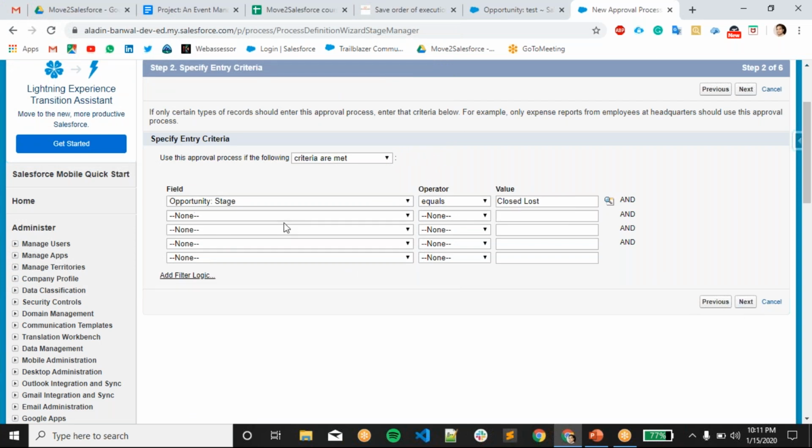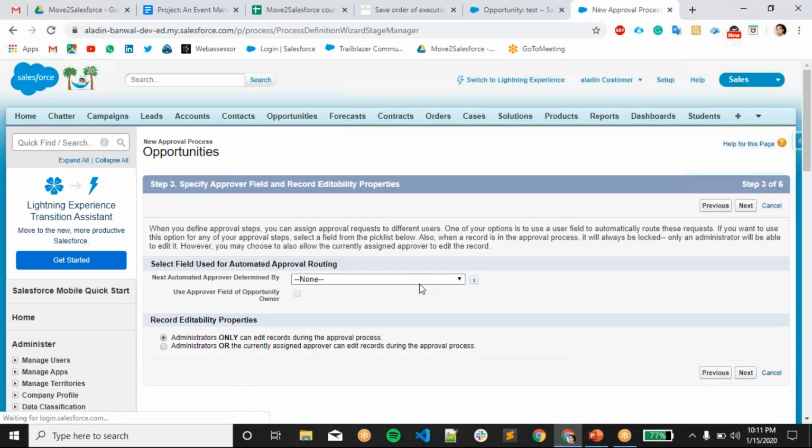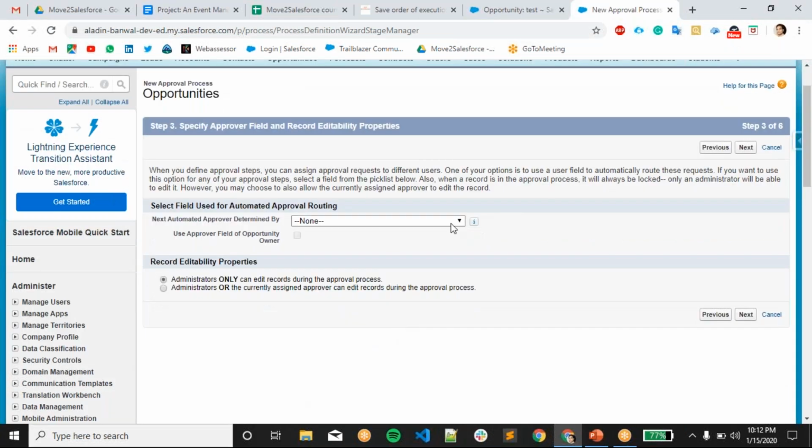This will be our entry criteria. We can give multiple criteria over here, and I'll click next. Here it will check whether stage is closed or not. If it is not closed, then it will not start this approval process. Only if it is closed will it start this approval process.